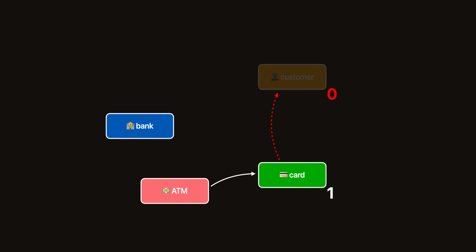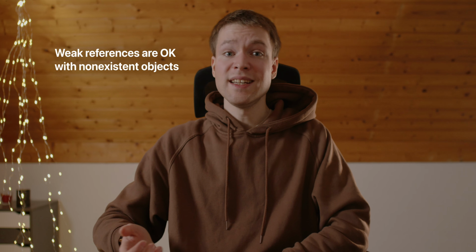The ATM is now trying to read the amount, but the customer object no longer exists. What will happen when the app requests a non-existent object? That is where the difference between weak and unowned comes into play. So, if an object is not in memory, it can't be read. That is pretty clear. But to weak, this scenario is pretty expected, and to unowned, it's an exception.